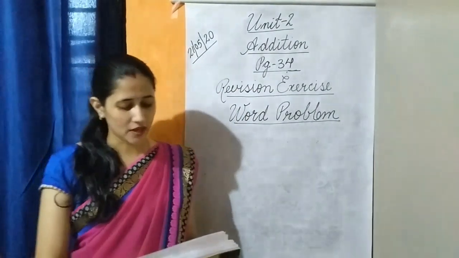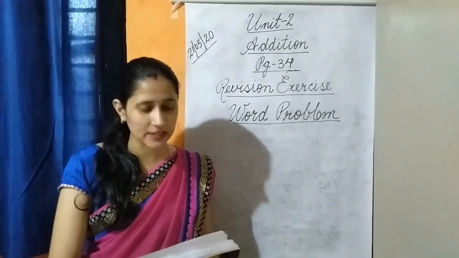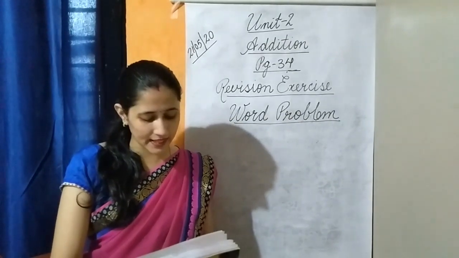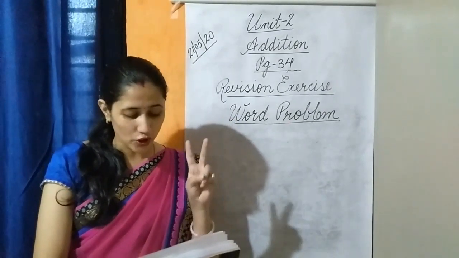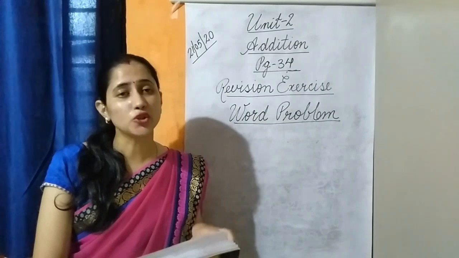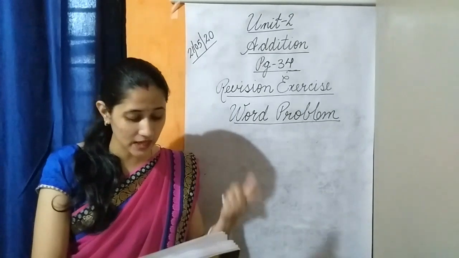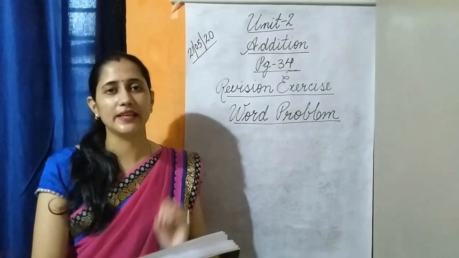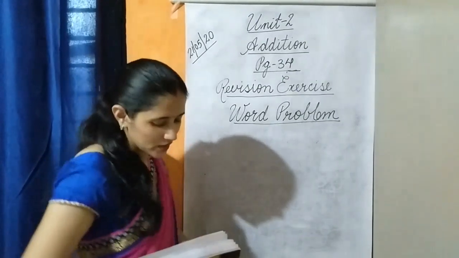Now let's read the question. Tom wants to buy a bucket costing 38 rupees and a mug costing 29 rupees. He needs dash rupees in all. So what is given here? Cost of two objects are given. And what is asked? How much amount Tom needs to buy those objects. So what we will do? We will add the amount of the bucket and the amount of the mug. And after the addition, we will get the final amount which Tom needs for buying these objects.